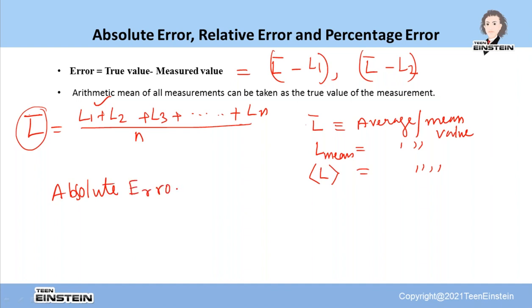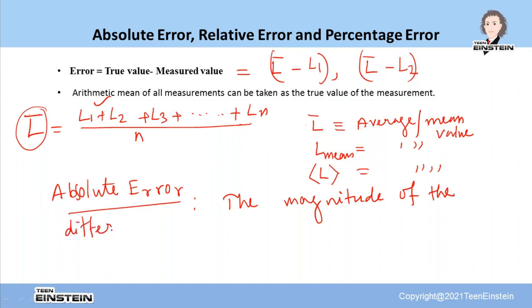Absolute error is actually the magnitude of the difference between the true value